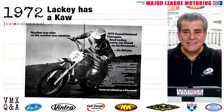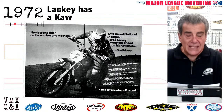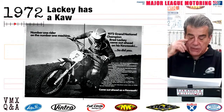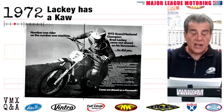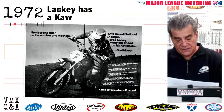1972, Lackey on the Cow. This is an interesting story that Kawasaki took some liberties with when taking out an ad in Cycle News. Kawasaki ran its advertisement for what turned out to be their first major motocross win. Brad Lackey was picked to ride the new Kawasaki prototype MXer in what was new in a series, the AMA